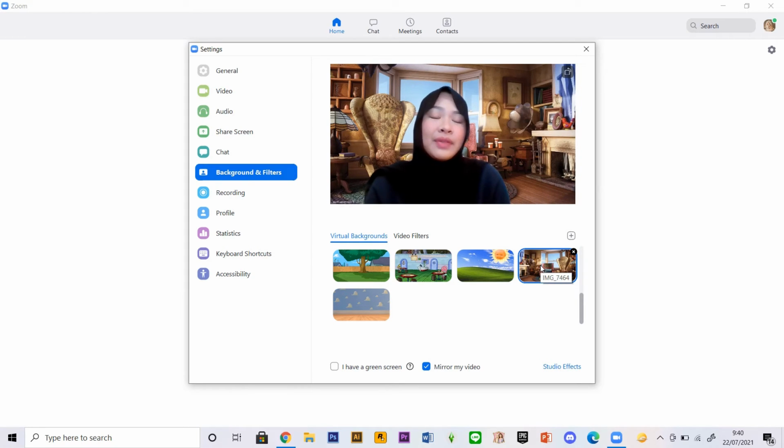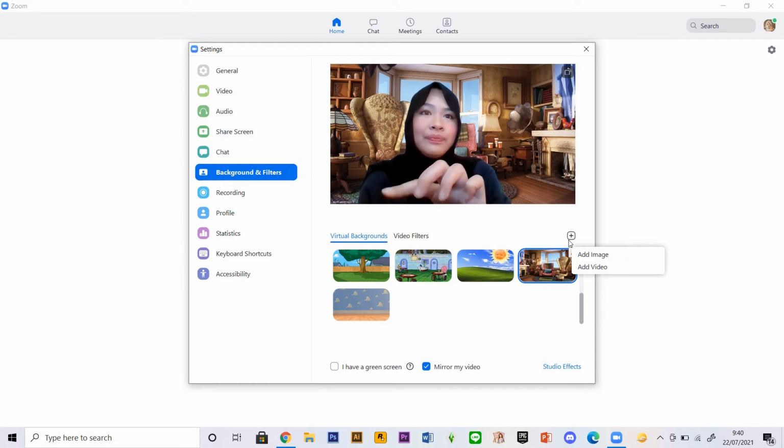Anyways, I'm going to show you how you can add more pictures to this. For example, you want to download your own. I mean, I have already put some in, but I'm going to show you now how to add it. So let's just press on this plus button that says add image or video, and I'm just going to press add image,